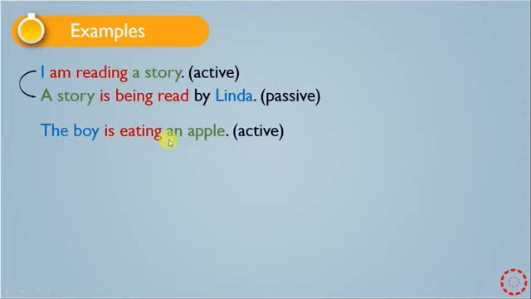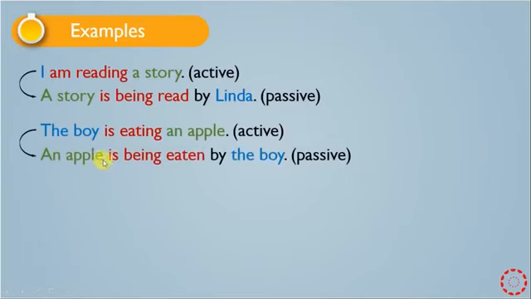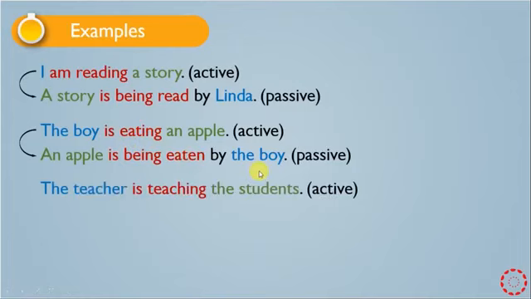This is by agent. Another example, the boy is the subject. The boy is eating an apple. Is is verb to be, eating is verb ing, and then we have an apple, which is an object. We change it to the passive voice. We say an apple. Because it's singular, we write is, and then we have being. After being, we have to use the past participle of the verb, which is eaten. Eating became eaten